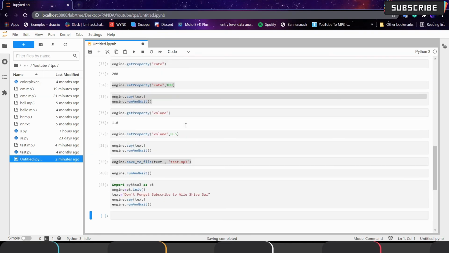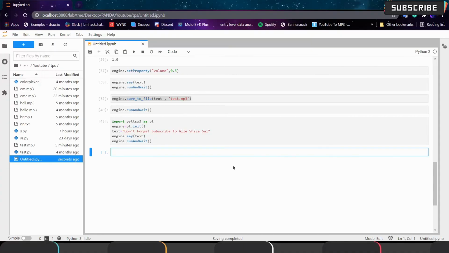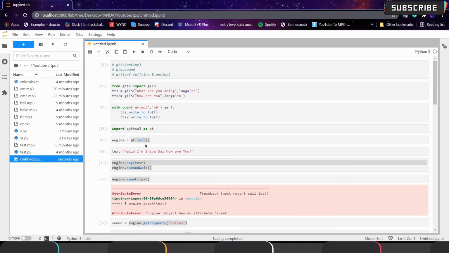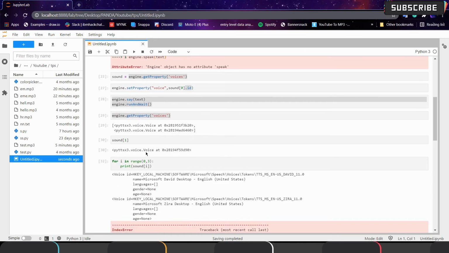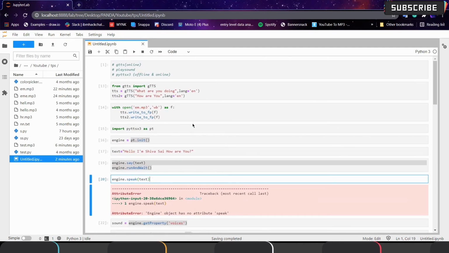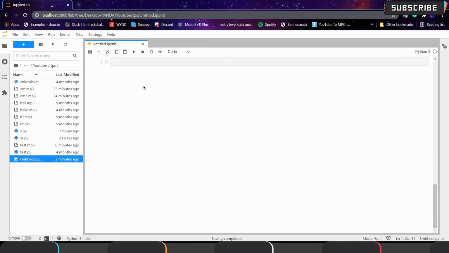Actually, this pause function is not working for now. Okay, I will try to look into it. A few moments later. So guys, I took 5 minutes to search for this function. Actually it was not there. I thought it was some function in it. I think it will be from another module, but I don't know, so sorry for that.